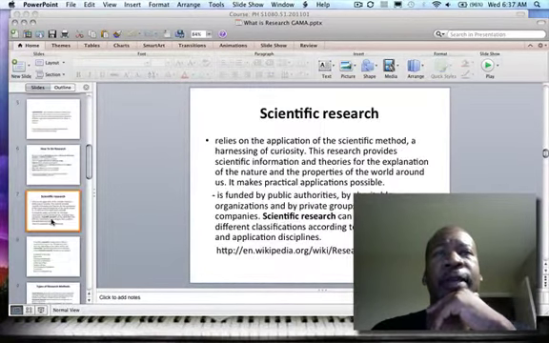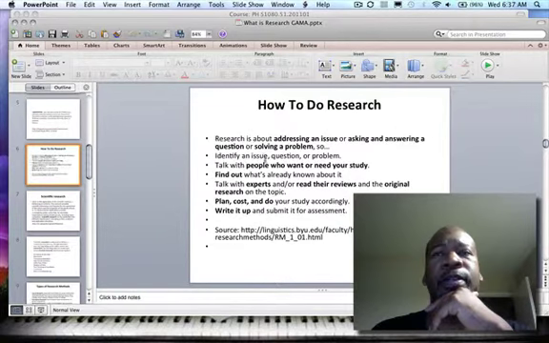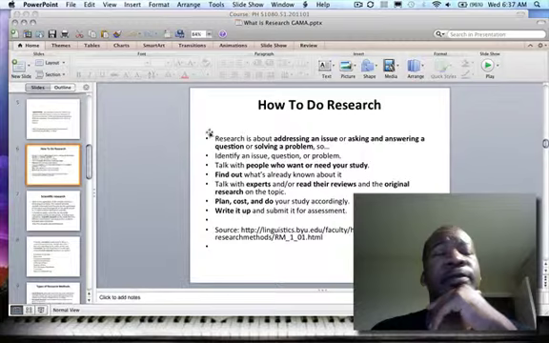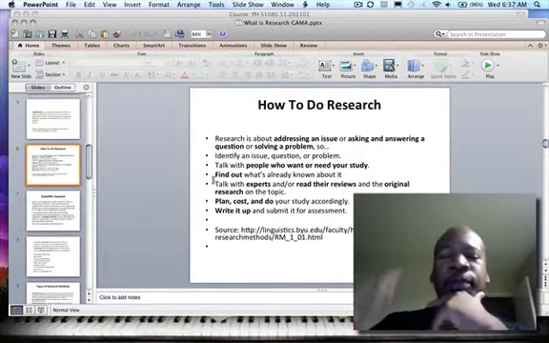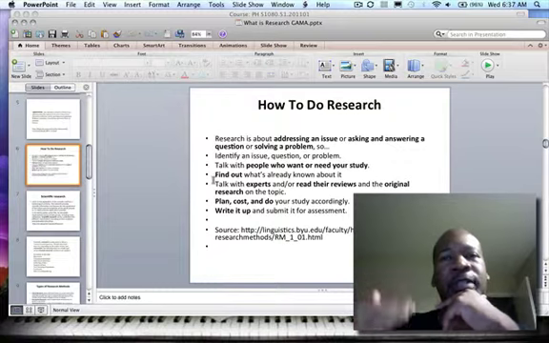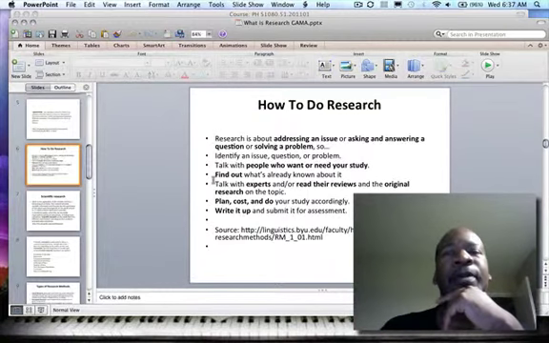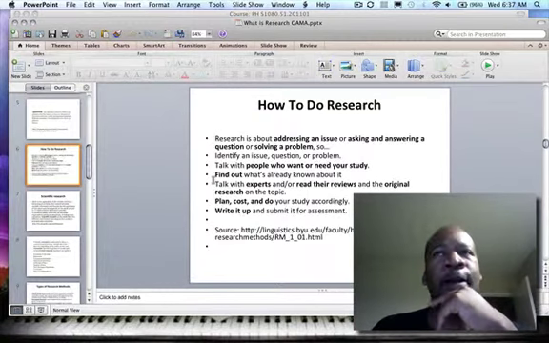So let's go back to how to do research. Then you've got pretty much some bullet points. If you're going to give someone step-by-steps, you don't use bullet points, you use numbers. So people would know, this is step 1, this is step 2, this is step 3, this is step 4. And the reason it took me a while to finish giving you feedback is because I was hoping to